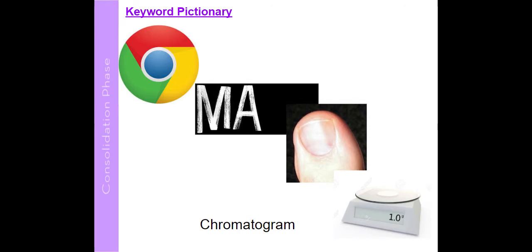Now, remember, the chromatogram can tell us lots about the substance being tested. It can tell us how many different components are in it. For example, if there's 3 dots, we know it's got 3 different components. If it's 1 dot, we know it's a pure substance. There's only one thing in it. Next keyword,